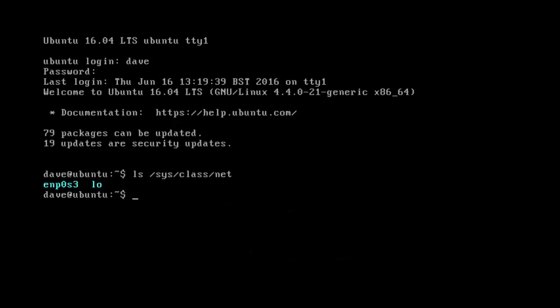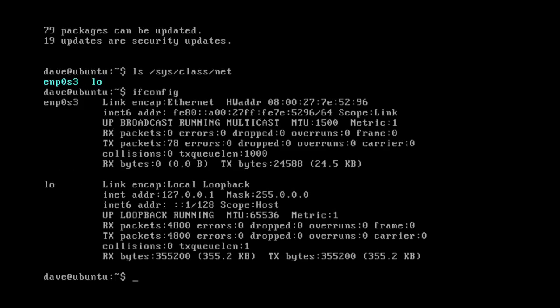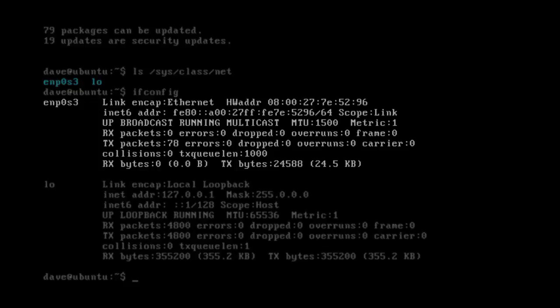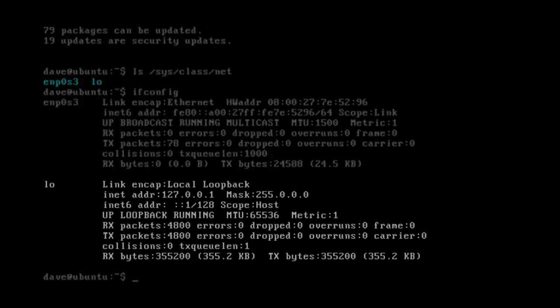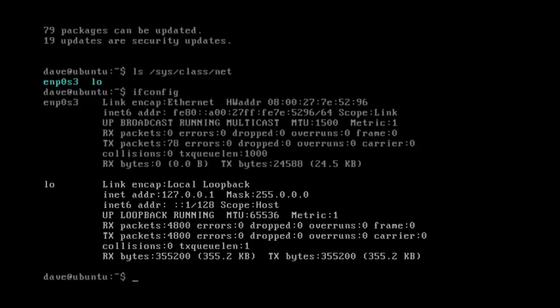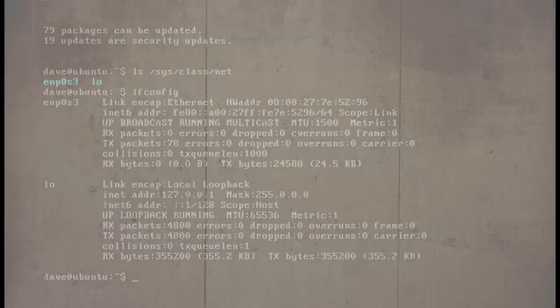To display the network configuration of these adapters, we can use the command ifconfig. We can see here the properties of the enp0s3 and lo. enp0s3 displays only an IP version 6 address, as expected the loopback address shows the inet address of 127.0.0.1, along with a mask of 255.0.0.0. We shall now reconfigure the network adapter by assigning it with a static address, and to do this we